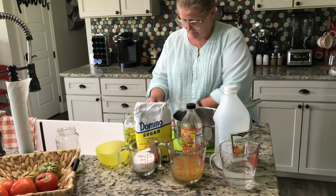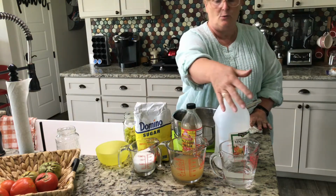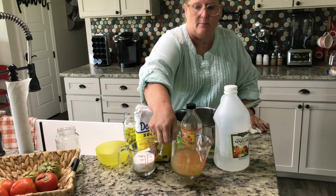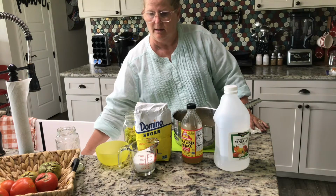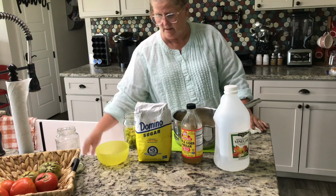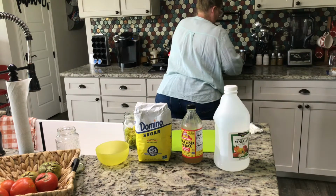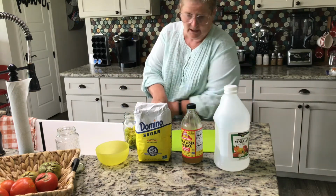Okay, so this is the pickling recipe basically. We're going to do 1 cup of white vinegar, 1 cup of apple cider vinegar, and a 1/2 cup of sugar. We're going to put this on the stove and bring it to a boil. While that's heating up,